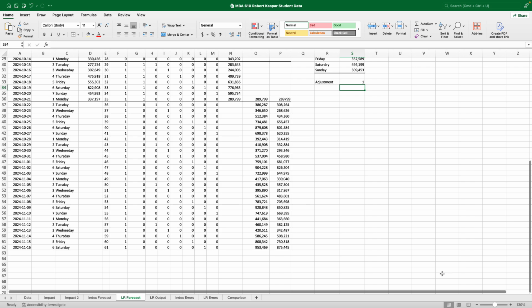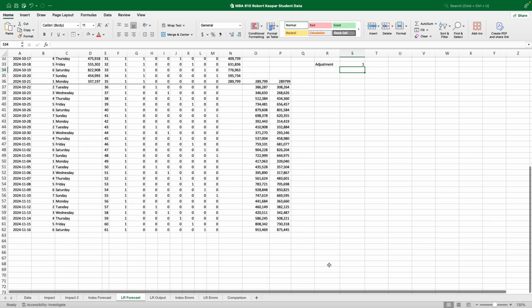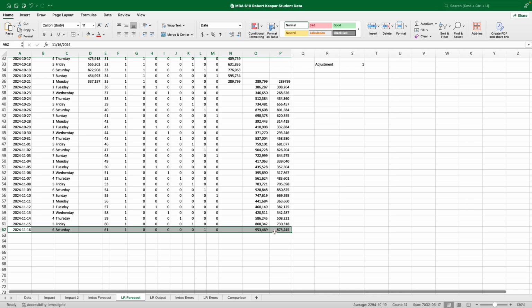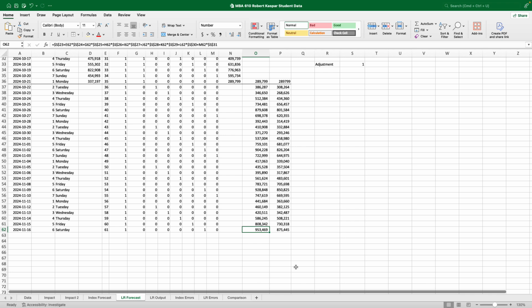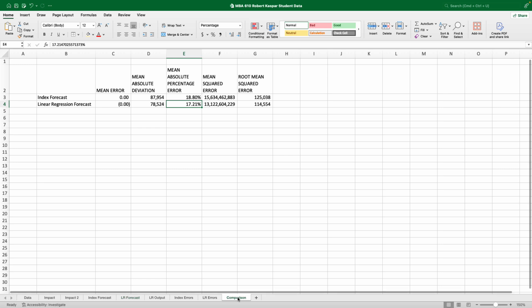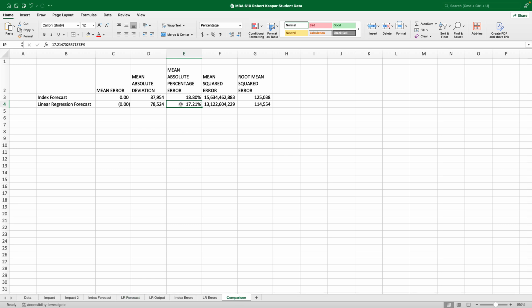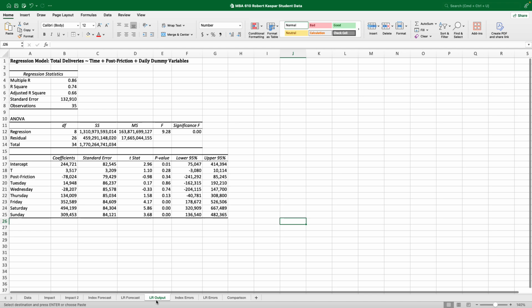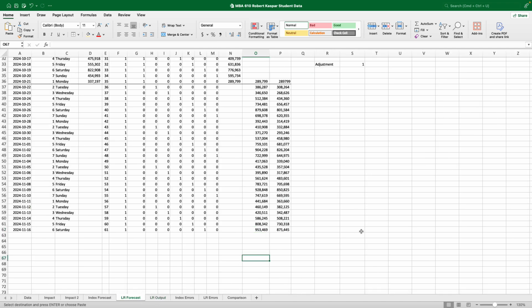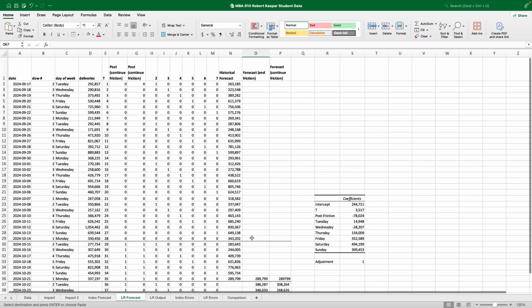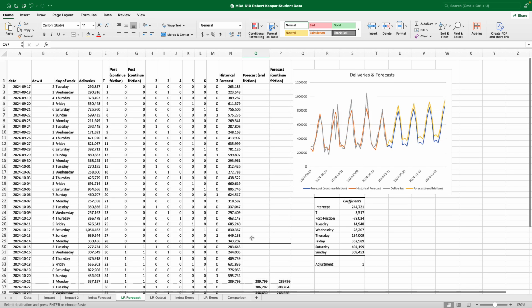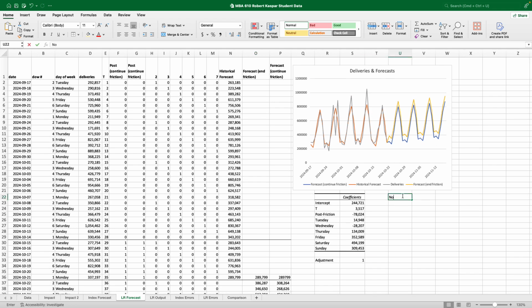And I'll come down to the date that I'm interested in. I'm interested here in November 16th. We've already sort of decided that if we're really committed to hitting that number, the million number, we should remove the friction. If I think that my forecast can be plus or minus, right, because we're off by 17.21% on average, I would maybe give myself a minimum and a maximum range for the forecast on the 16th. So November 16th forecast, we have an expected value